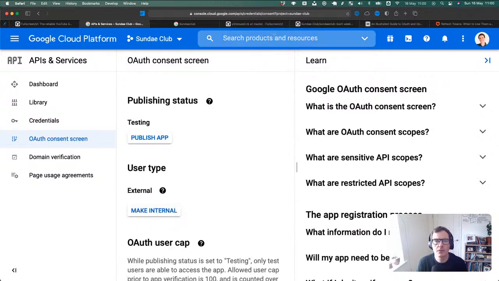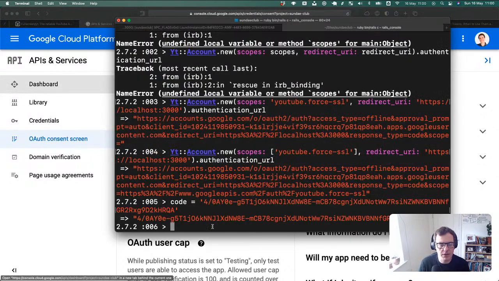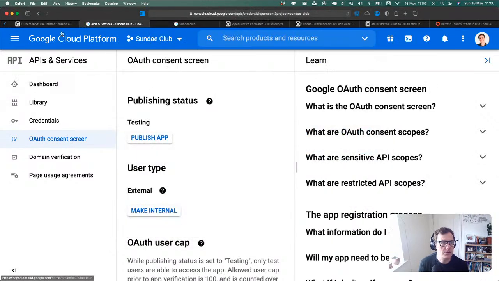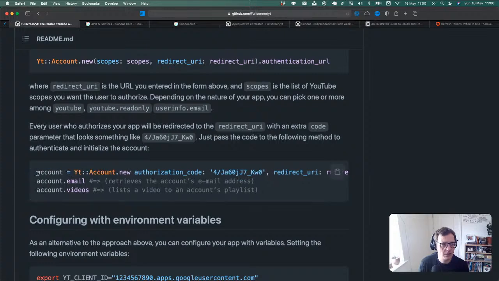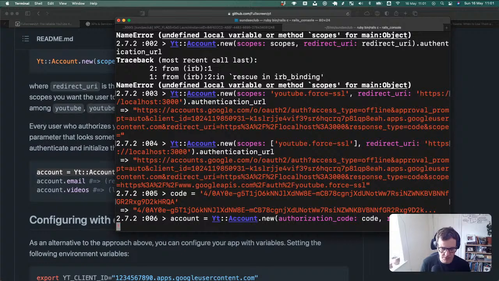Well, it doesn't really matter because we can just do it via the console anyway. Sorry, bear with me. I'm just trying to figure out what I'm trying to do here. So we can take this, and then this can just be code because we've already saved that. And redirect URI can just be the one we gave YouTube.